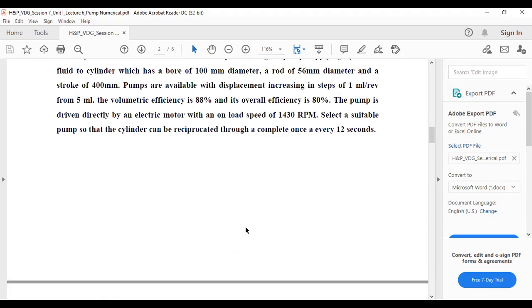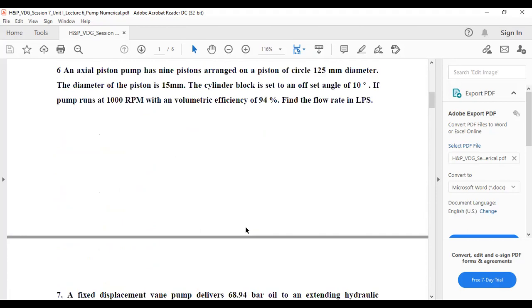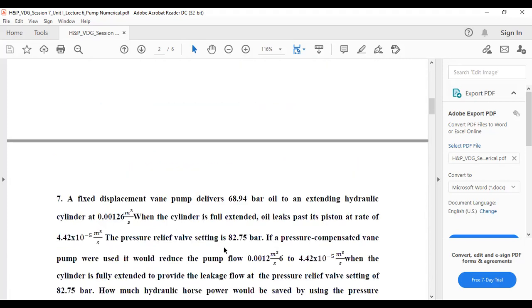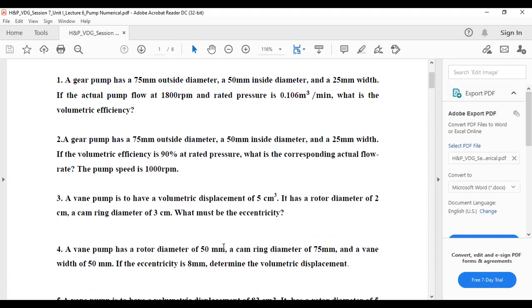So we will discuss all problems in the next lecture. Any doubt, any queries, please ask me. Very simple problems. Try yourself. If not understanding, please see the following solutions. After that, any doubt, any queries, please ask me. So today we stop here.